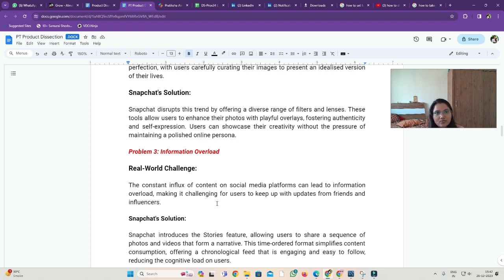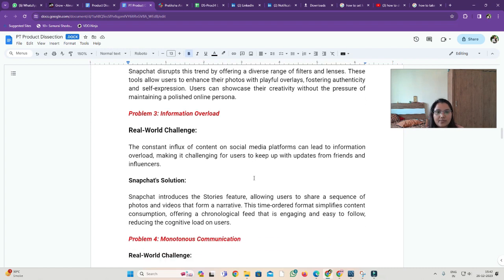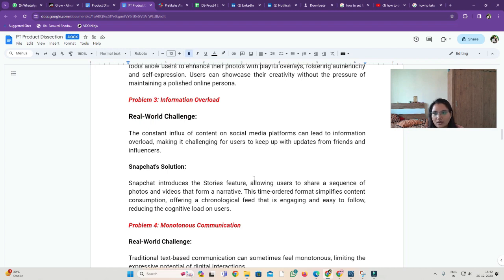These tools allow users to enhance their photos playfully, fostering authentic self-expression. Users can showcase their creativity without the pressure of maintaining a polished online persona. It also has seasonal options, so if there is Christmas, they offer Christmas filters, and we can add our images in that.